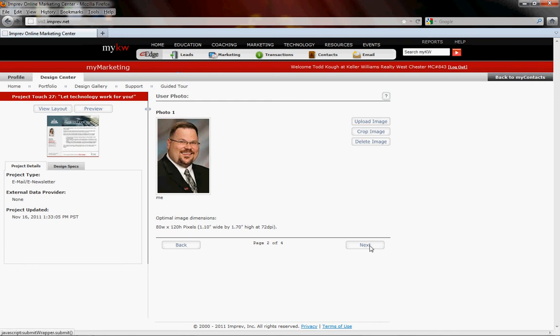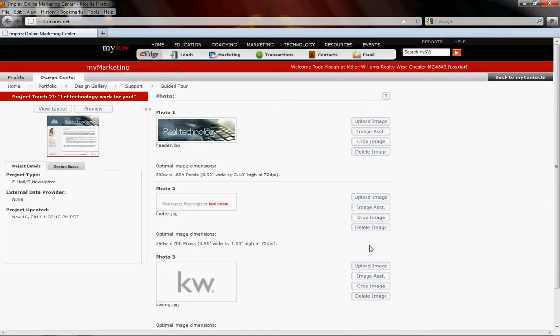These are the remaining pictures within the actual e-postcard. If you look, this is right here in the top right hand corner. This is on the bottom. If you would like to change these, you can do one image at a time, similar to the way that we did your logo or headshot by uploading an image, or you can upload all three images at once by